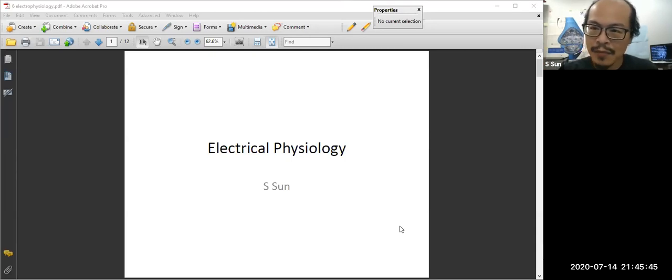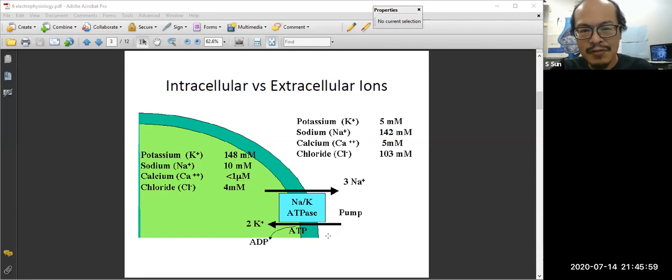Cell has cell membrane. Membrane all has this sodium potassium pump. So that sodium potassium pump, do you guys remember how that works? It's right here. So sodium potassium ATPase pumps 3 sodium out, pumps 2 potassium in. So that causes two things. One, because it pumps less positive charge ion into the cell right here,